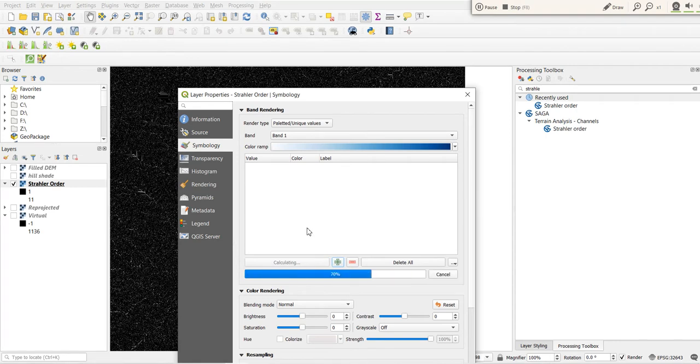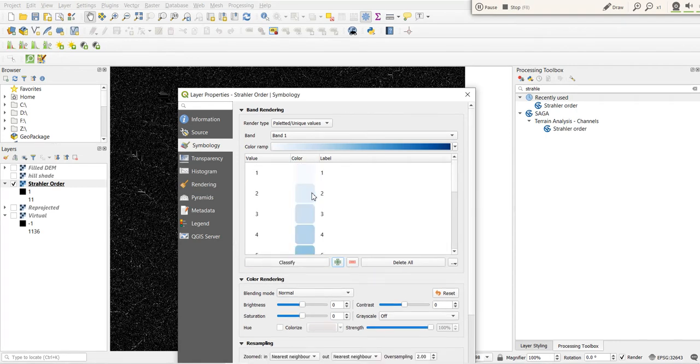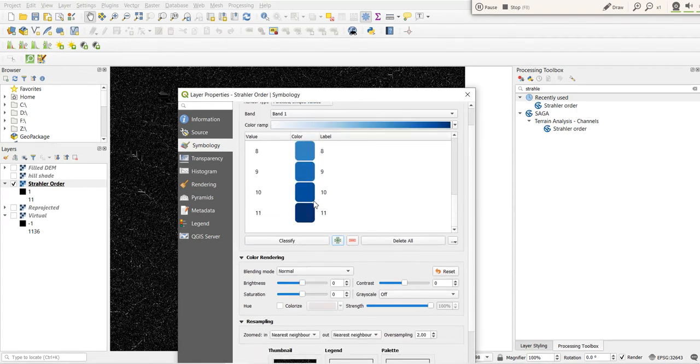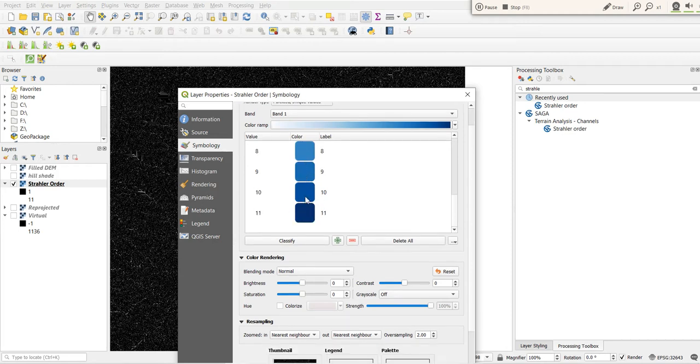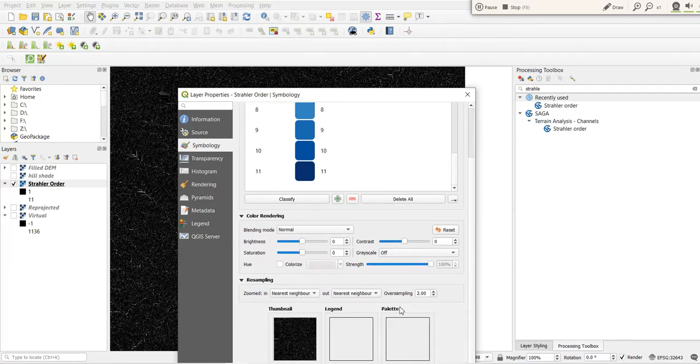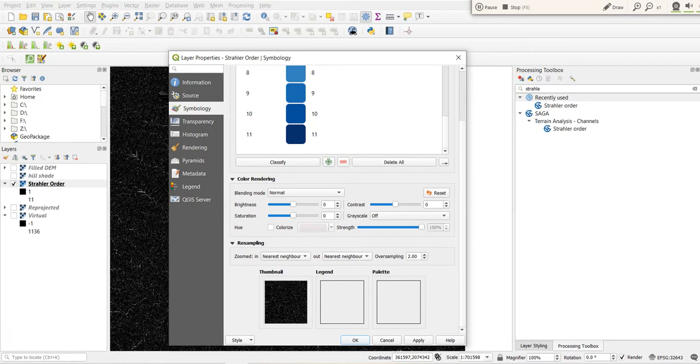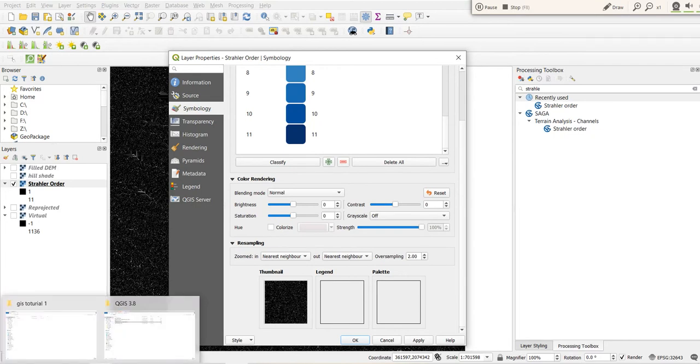So we'll see here 1 to 11 Strahler order, where 1 is white and 11 is the darkest. 1 is white, and like that the darkness of the blue color is increasing, and 11 is the darkest color. So now we just apply.